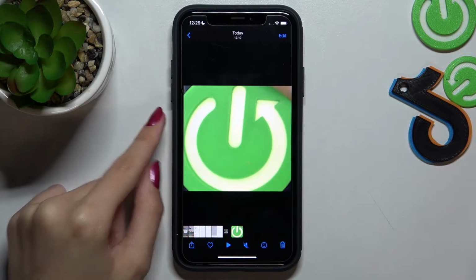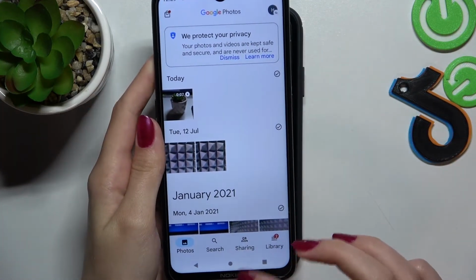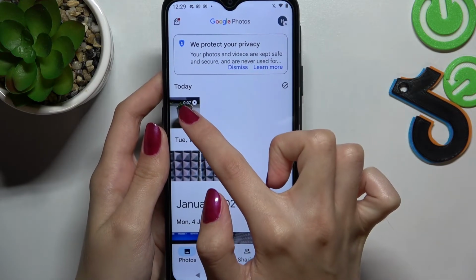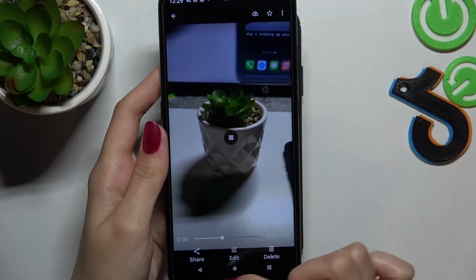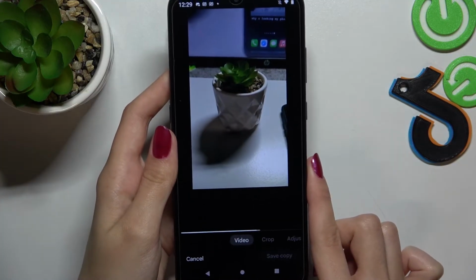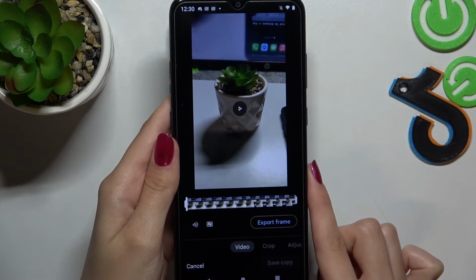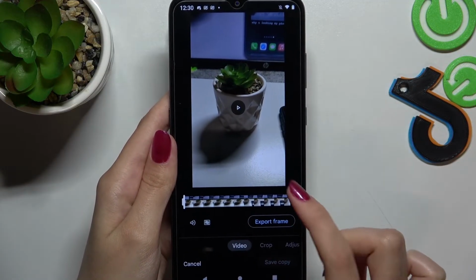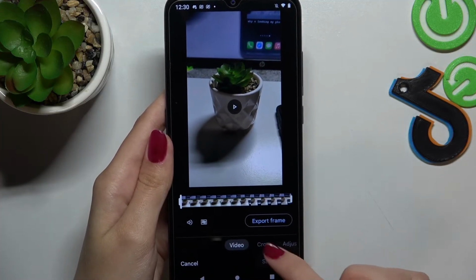But what if you have an Android? Right now I'm in the Photos application too, and this is our video which we want to crop. So this is the new shooting, and after that we have to pick the edit option at the bottom. Of course, different Android versions and different phones have other options and settings, so you can only find the needed option on your device. When we are in the edit mode, let's pick the crop feature